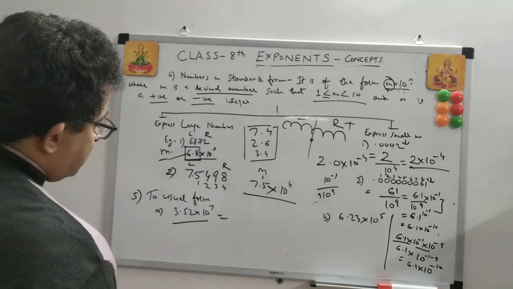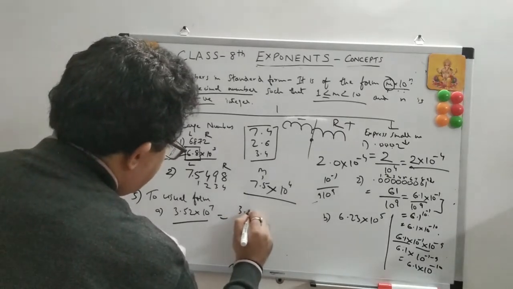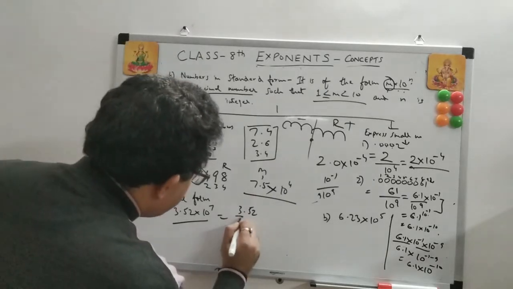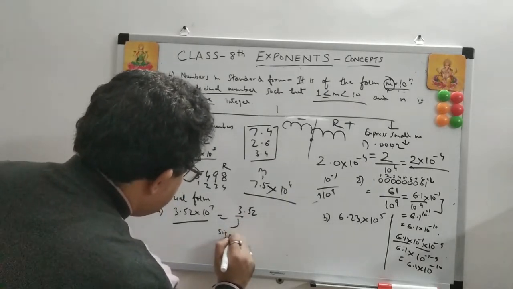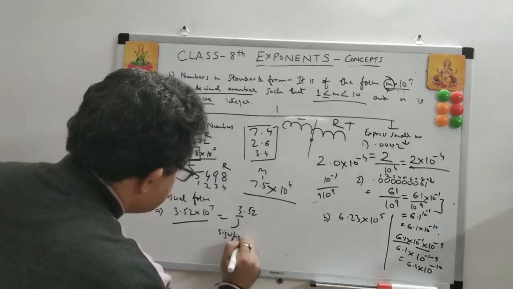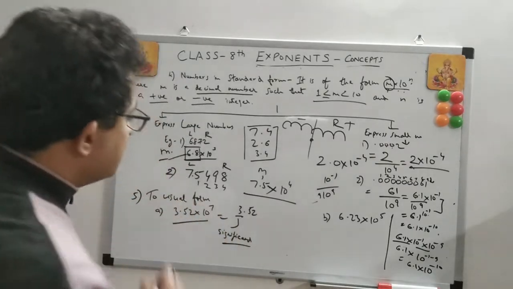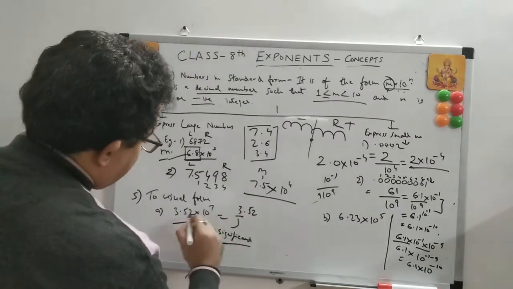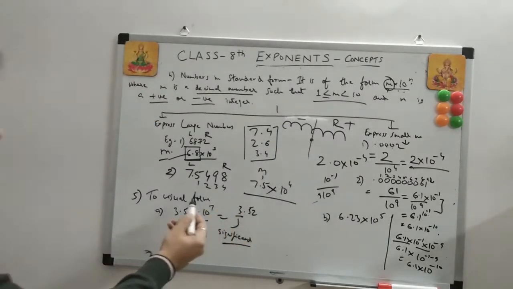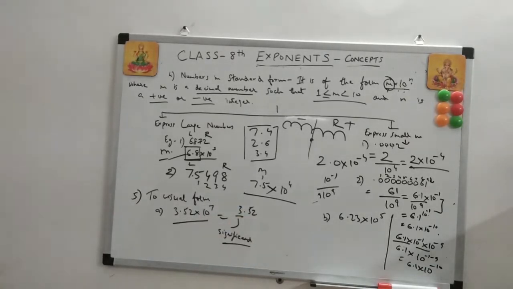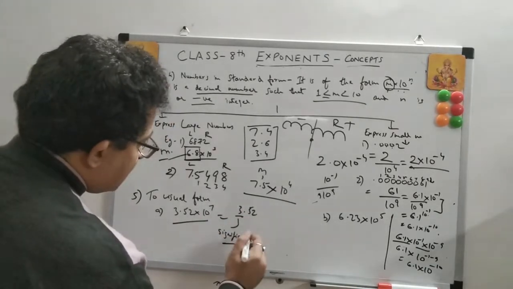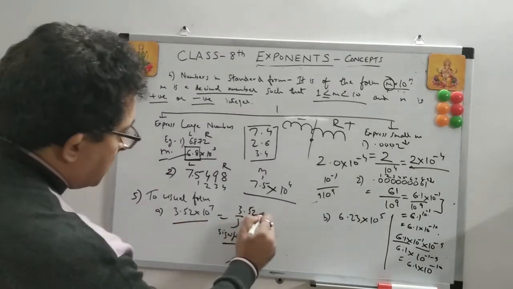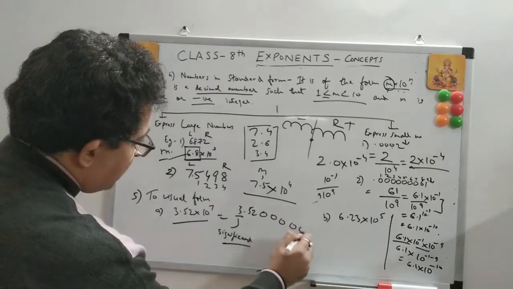So remember this 3.52. You have to put trailing zeros in this. So this is the significant. Remember this. This is the significant. So you have to first write it the same way. This is 10 to the power 7, so you have to put trailing zeros after this. So this becomes 3.52, it's already a standard form. And how many zeros do you have to put? 7 zeros. 1, 2, 3, 4, 5, 6, 7.